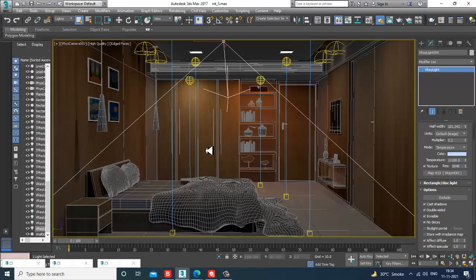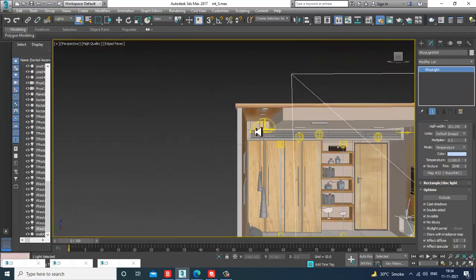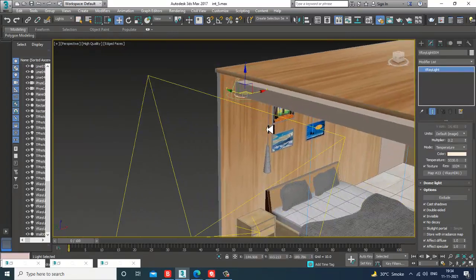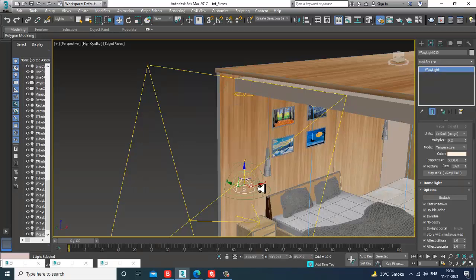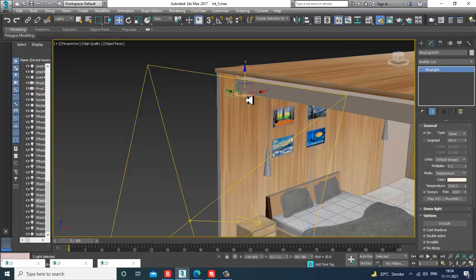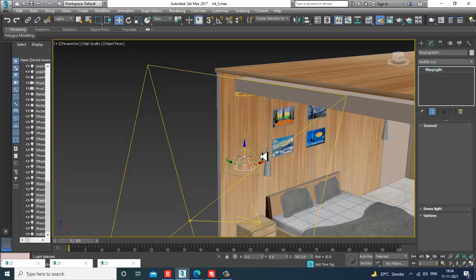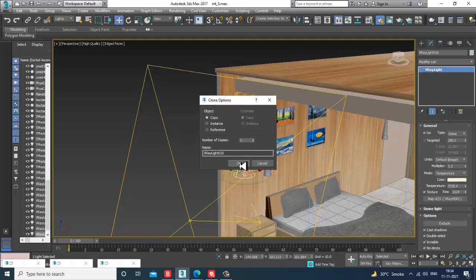You can slightly add one more light near this if required. Okay, I'll just delete this. Save the file first. Shift and drag it. Let's make a copy, not an instance.